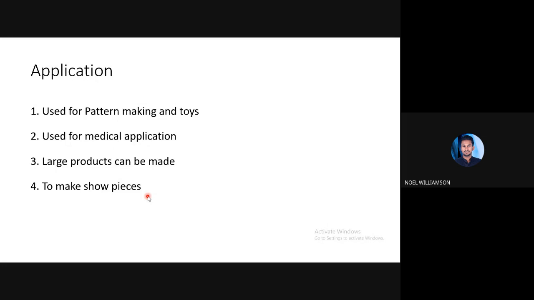In areas where larger products are to be made using additive manufacturing, we can opt for laminated object manufacturing. And finally, for aesthetic beauty or show pieces,